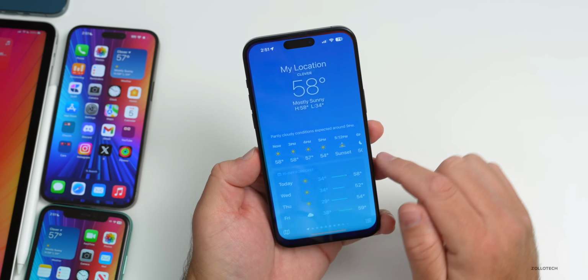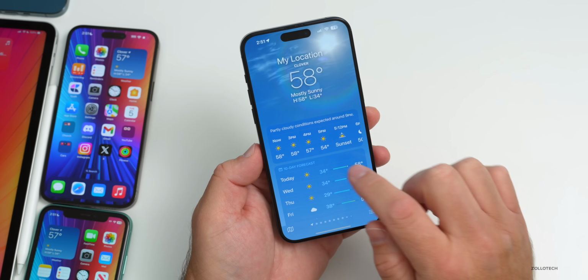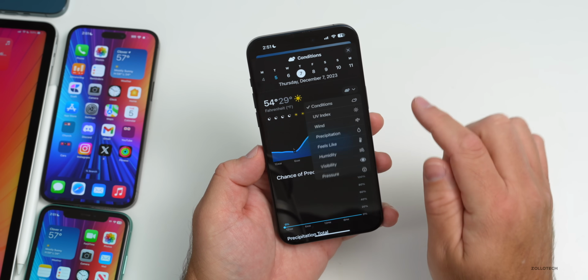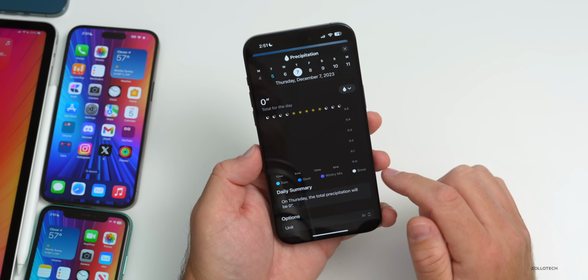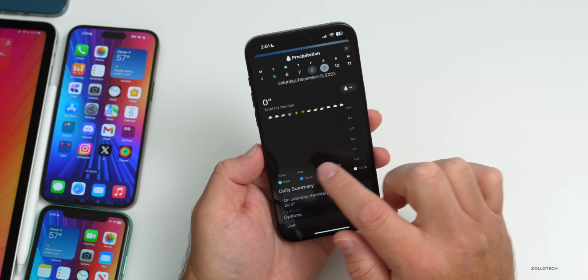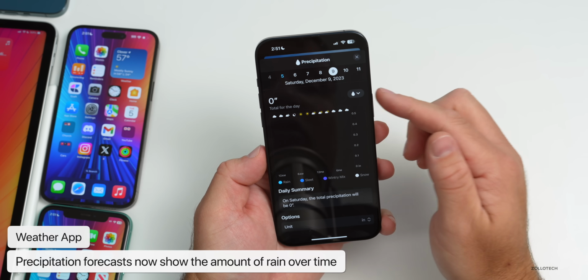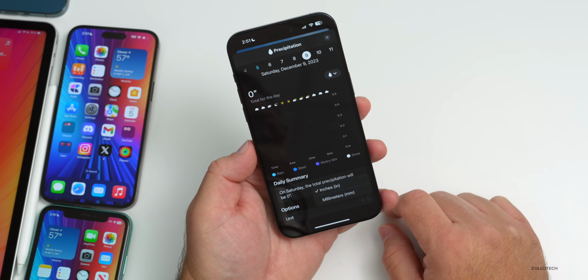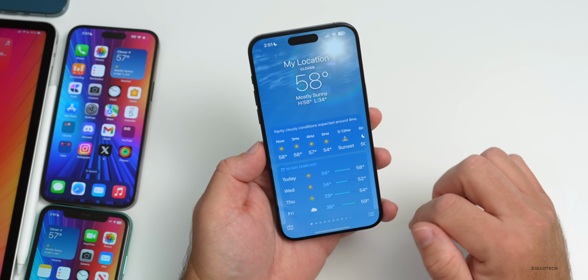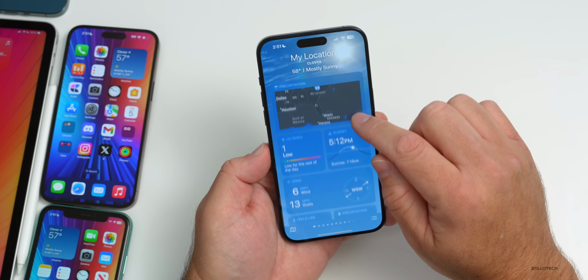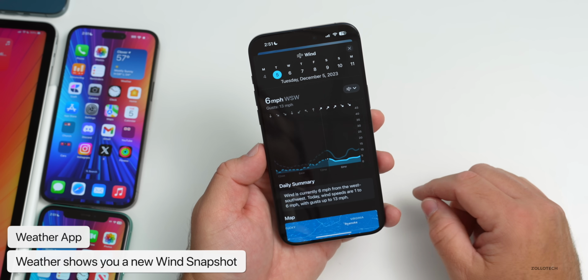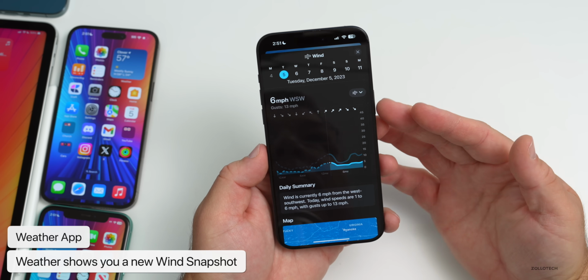Now, if we go into weather, there's some updates here as well. Not only do we have our 10-day forecast, but within this, maybe we pick a day. If we switch to precipitation, we have some updates here where it shows the next 10 days and it gives more information. So if there's some information here, you'll see it here along with different options for units with inches and millimeters. Additionally, if we scroll down, you'll see new information for things such as wind. So we can go in and see information about wind with a forecast there, with a snapshot that helps you